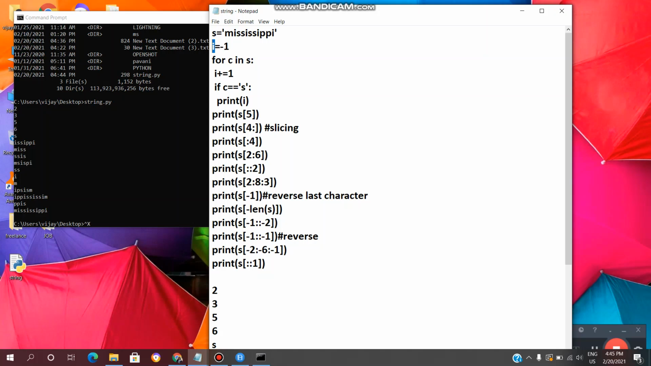And we have taken I equal to -1. For C in S means each character is stored in C. After that it is entering the loop. Then I plus equal to 1 means we are incrementing the I value by 1. And after that we are checking each character, is it equal to S or not. If that condition is true, then it will print I. So it is printing the index, so we are getting the index of S